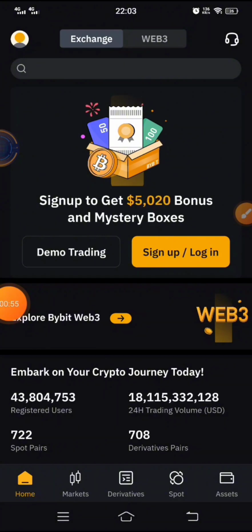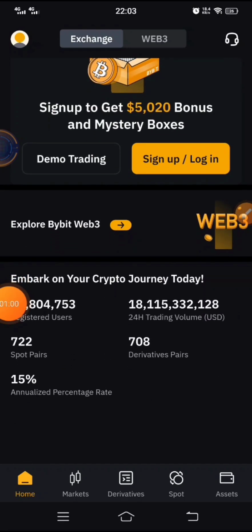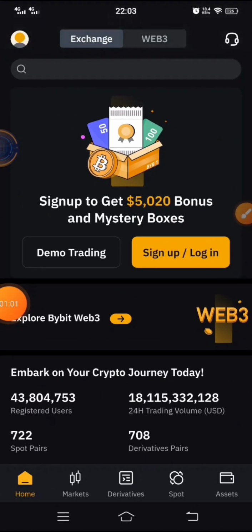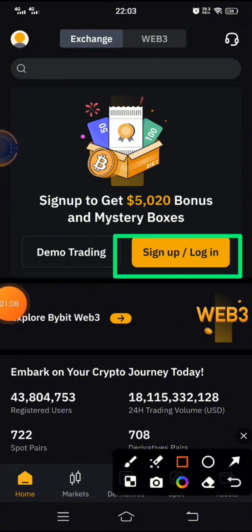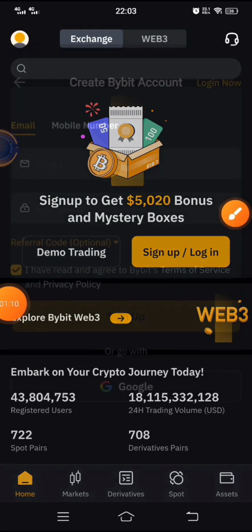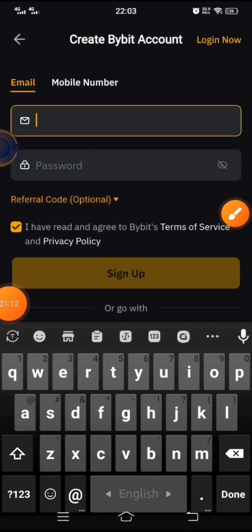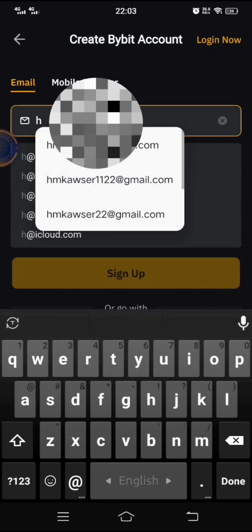Sign up, get 5020 bonus, and sign up. Select and type into the sign up and login option. Click here. When you click here, you will see the option to enter your